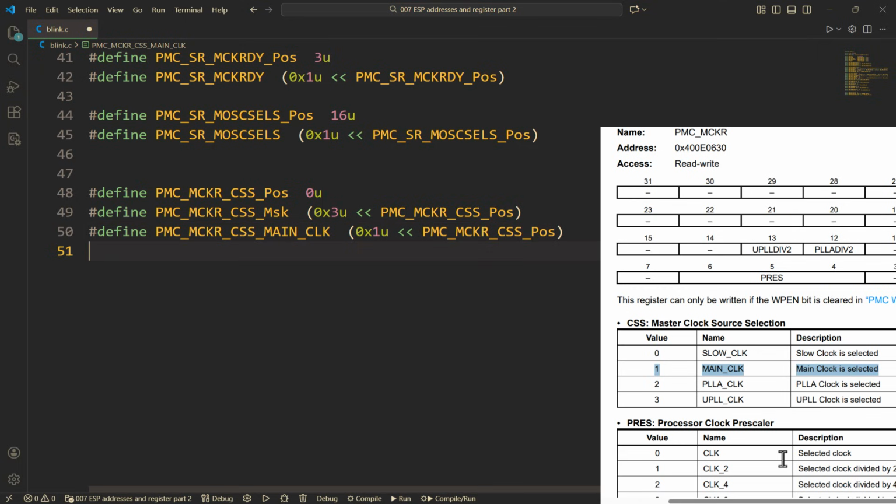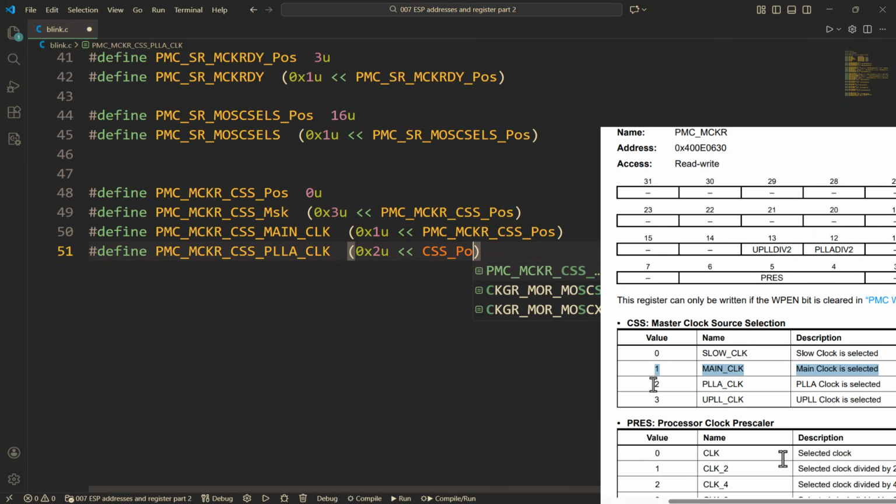And here's the PLLA_CLK option for the CSS bit field. #define PMC_MCKR_CSS_PLLA_CLK, inside parentheses 0x2U shifted by the position. This value selects PLLA as the CPU clock source. Using this, the CPU will run from PLLA output, which allows us to use a higher frequency than the main